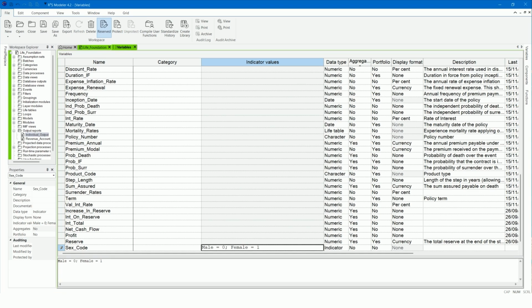This means that in the formulae, instead of using if sex code equals 0, we can instead refer to if sex code equals male. Note that indicator values are case-sensitive.